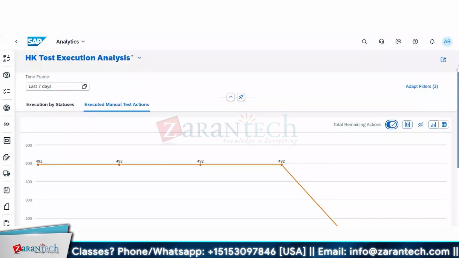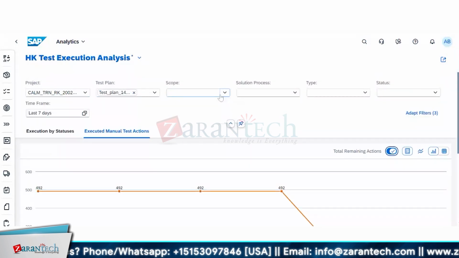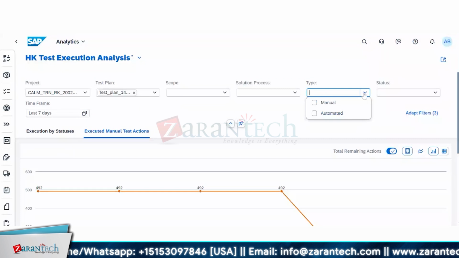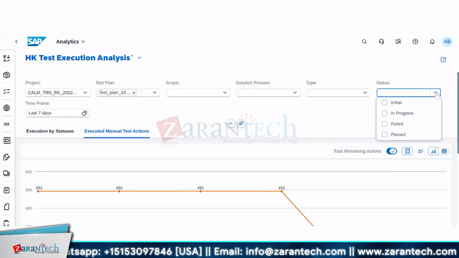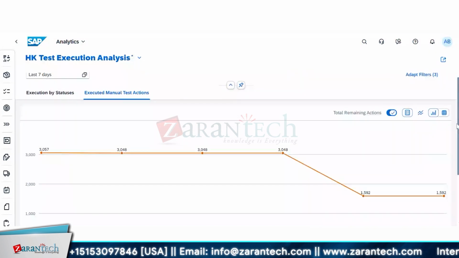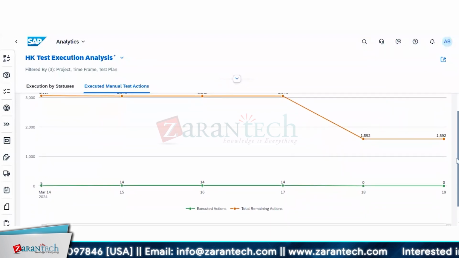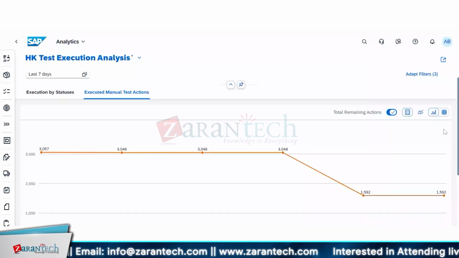So the time frame you can choose, right? Time frame, scope, solution process, type manual or automated, right? Then status, initial to in progress, right? We select that. So now you see total steps are 3000, 14 have been done, something like this, right? So you will see the total steps across your